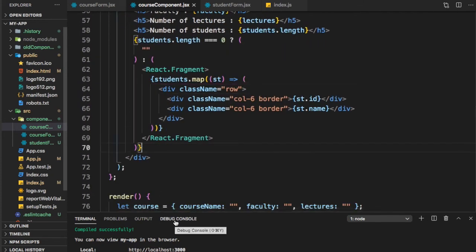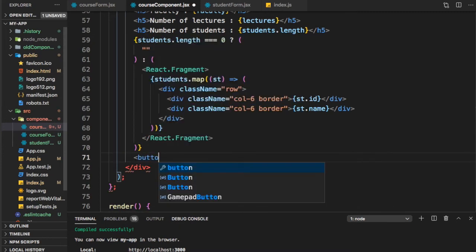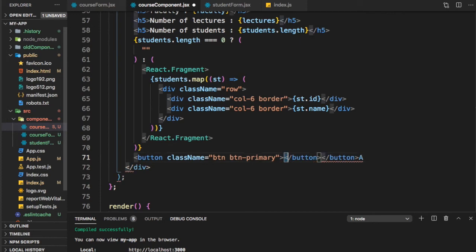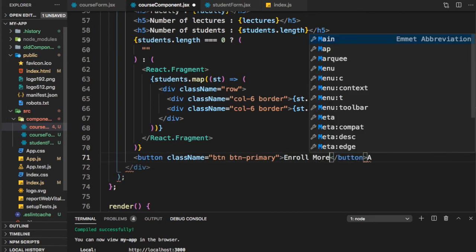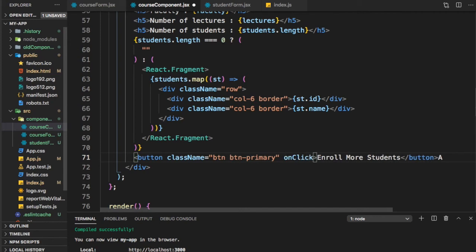So this is where it is, and we will just show a button. Class name is equal to btn primary, enroll more students, and here we can put an on click is equal to